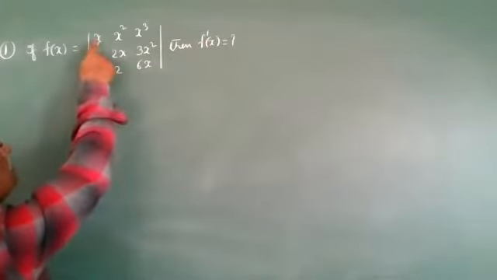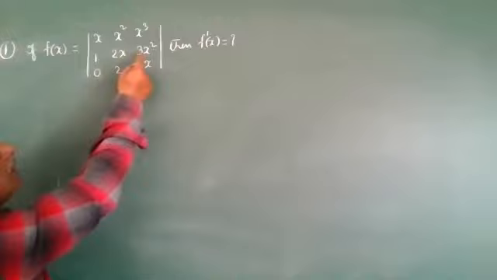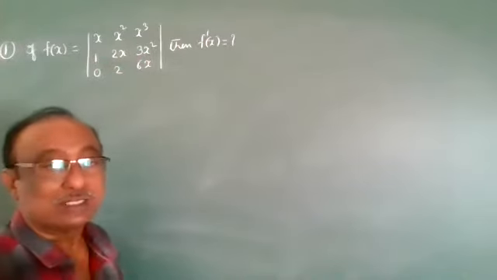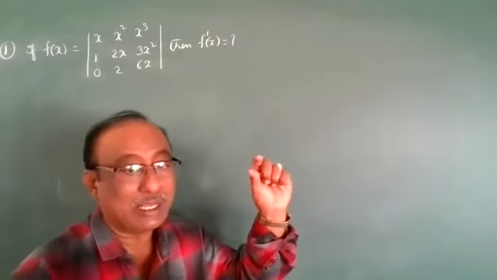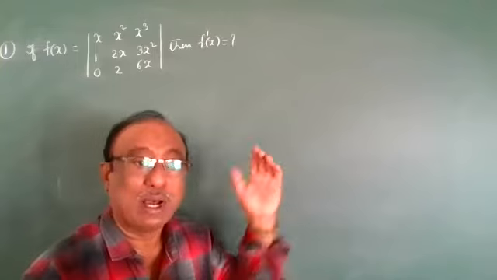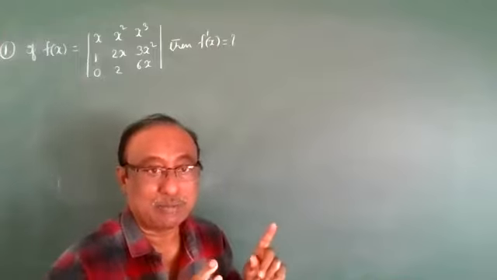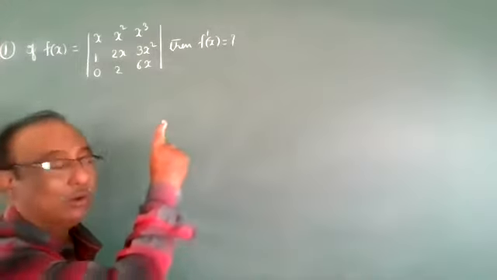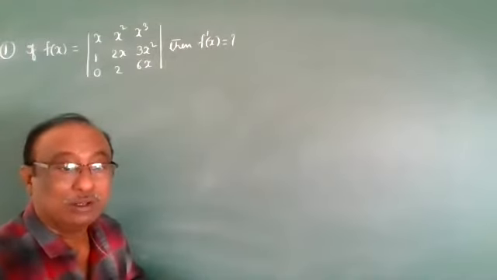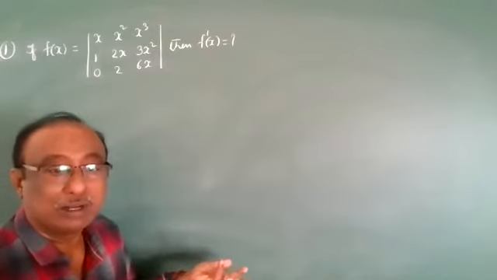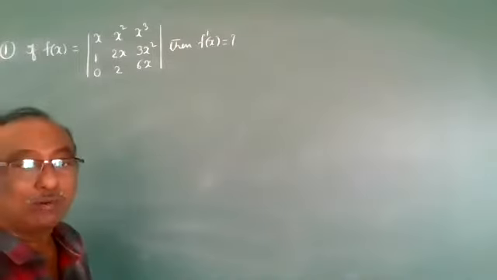See, the derivative of x is 1, but there is no 1 in the second or third column. And there is no 0 in the second or third column. So that's why row wise is better. We apply the derivative on one row or one column. If the rows are not equal, then we immediately observe the columns. So first I will see the row. I apply the first row derivative, and it repeats in the second row. Therefore two rows are equal, and immediately the determinant will become 0. So row wise is better.